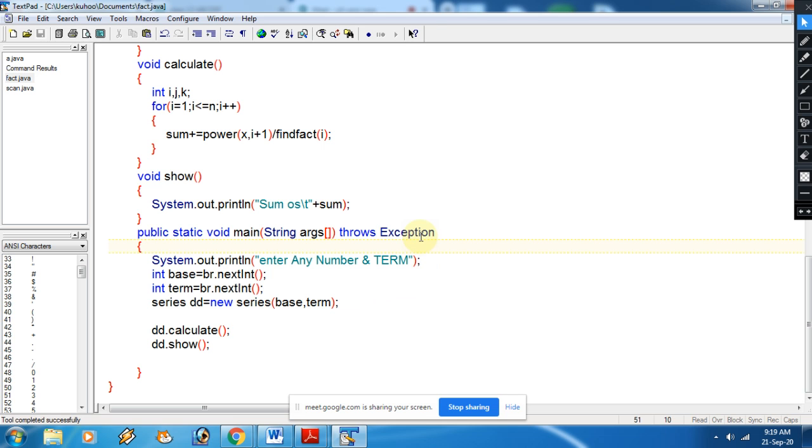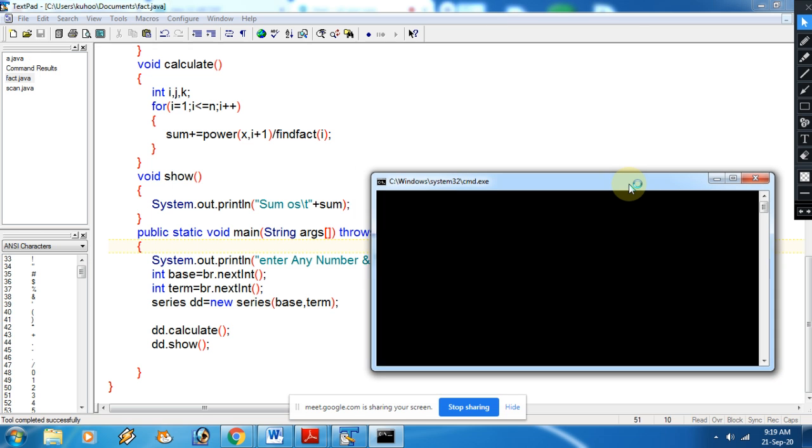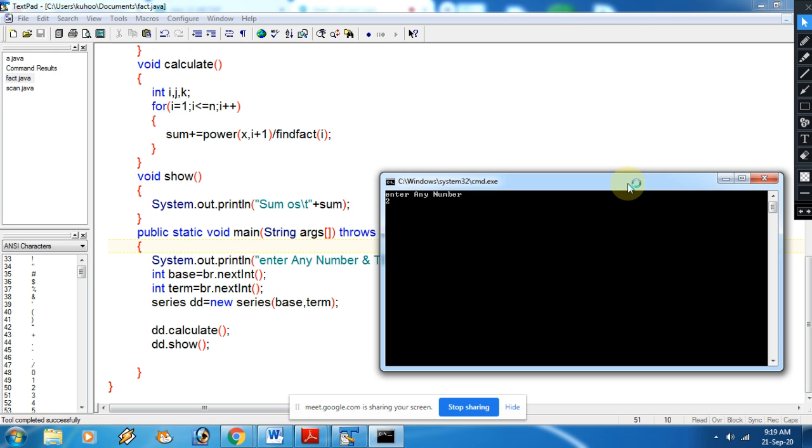So in the question the number of terms is very important here, right? Now this time I am inputting the base as 2 and the power as... there is some mistake, I have entered it by mistake. Sorry.